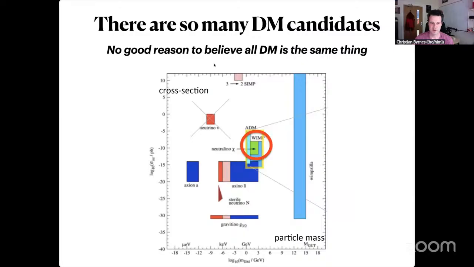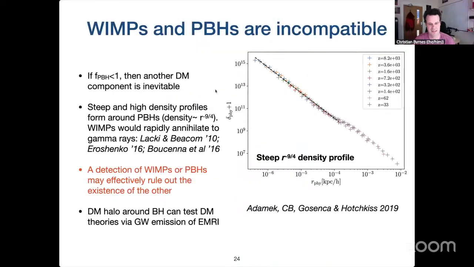Okay, I'll just very briefly, I know I'm nearly out of time, but say that there are lots and lots of dark matter candidates. Of course, primordial black holes are special. I'm not saying they're better than any other. So let me just briefly flash that if we have WIMPs, which until a few years ago were probably the most popular dark matter candidate, plus primordial black holes, then around every primordial black hole, if they are just a small fraction of the dark matter, you would expect a huge number of WIMP particles. And they will be gravitationally attracted, but very rarely actually fall into the black hole because the event horizon is so tiny.